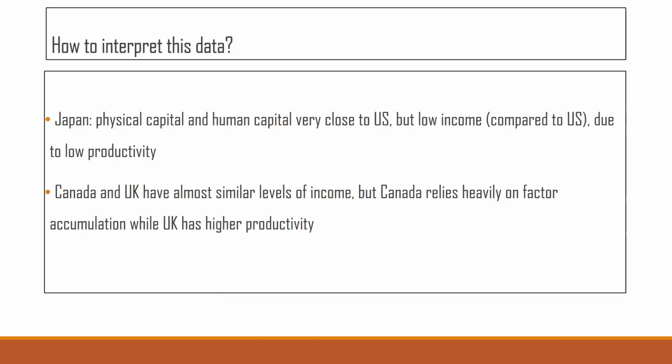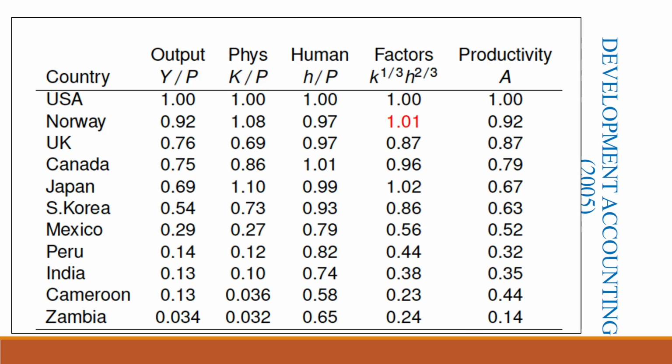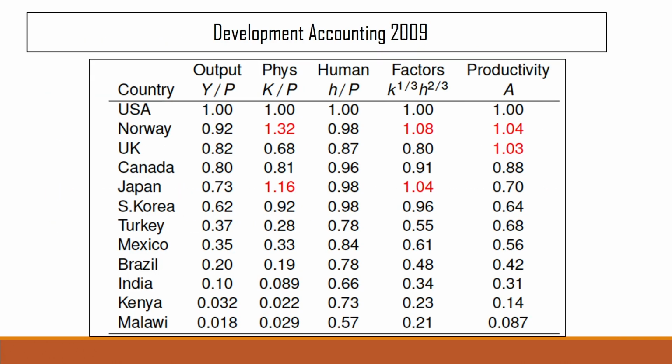That was not the case earlier, right? So this productivity was 92% that of US, so less than that of US. But here now, productivity in Norway and also productivity in UK, they are both higher than US. So it can mean two things, of course. One is that productivity of these countries actually went up compared to US, or because US is the benchmark, the values in US itself might have gone down. So both possibilities are there.